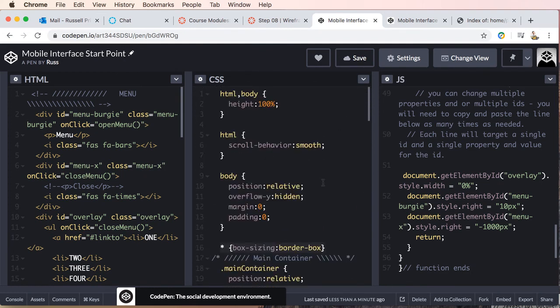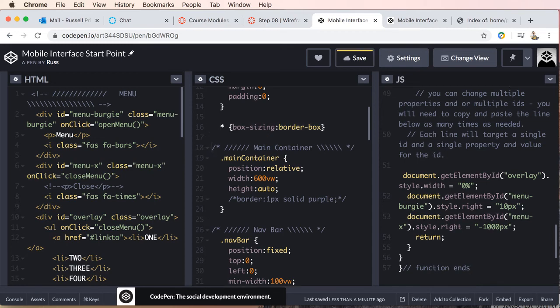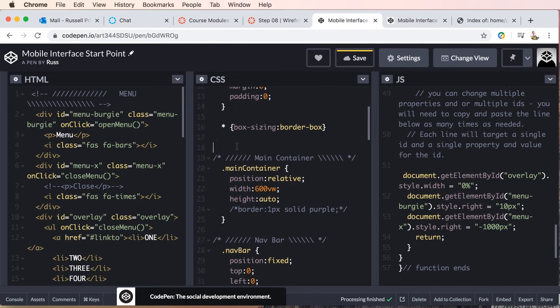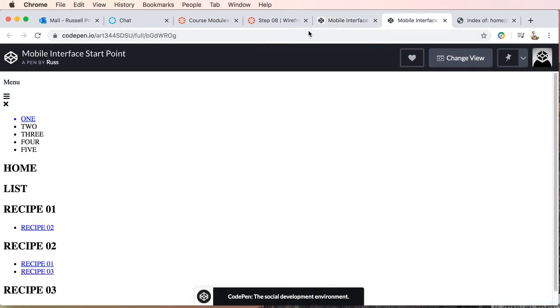So I'm going to add my rules. I'm going to add them right before the main container, because this is in the HTML structure before the container. So I'll go ahead and paste those, and let's save, and then let's just take a quick look